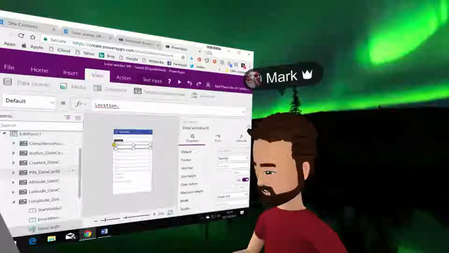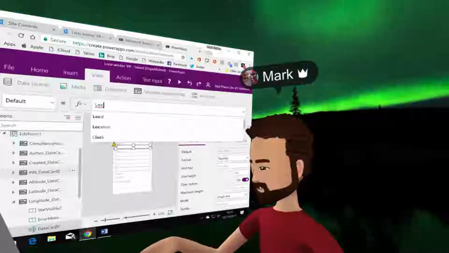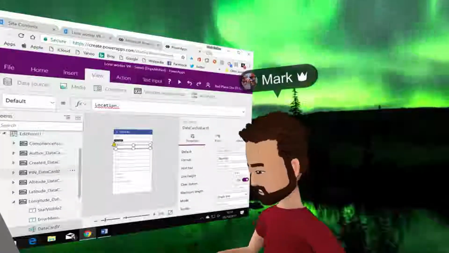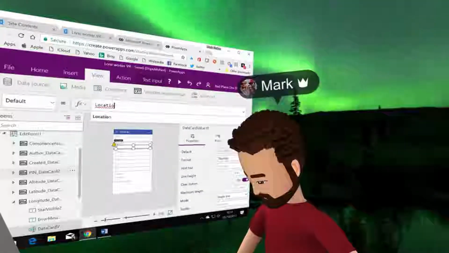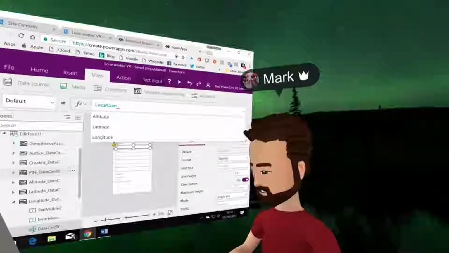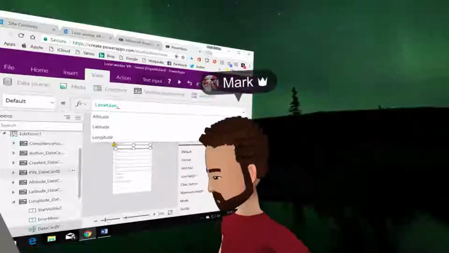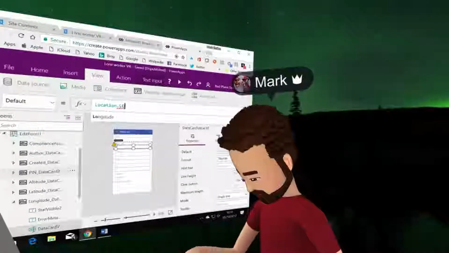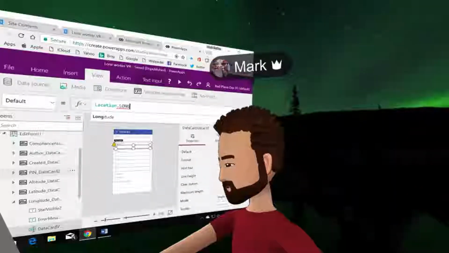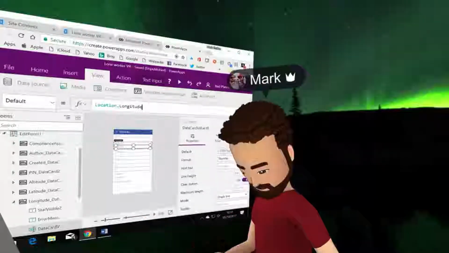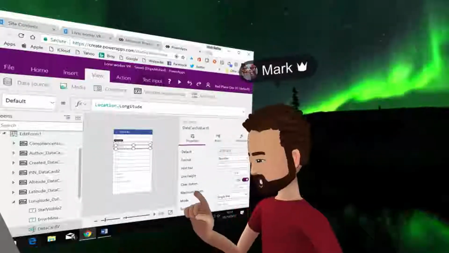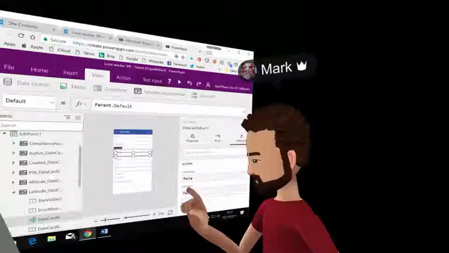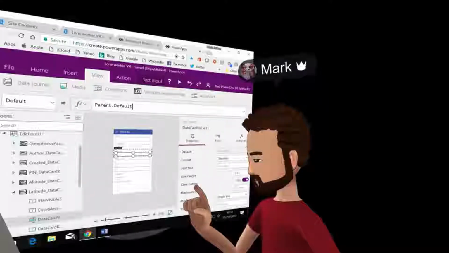Location dot longitude, okay, and then if I go into my latitude, I can set the default value of this and unlock it. So my default value in here to